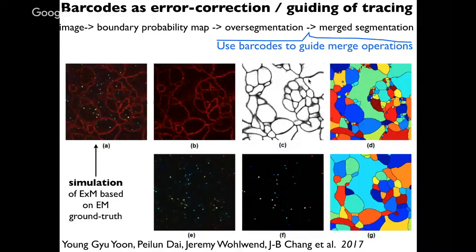And so the question is, is there anything that we can do at that stage to assist the process of merging those pockets back together, to identify which ones actually go together and are part of the same cell? And in this algorithm scheme, that's exactly where the barcodes come in, because if you attempt to merge together two local units that have different barcodes in them, then you know that you've made a mistake. And on the other hand, if you have two barcodes that have the same identity, the same DNA sequence,